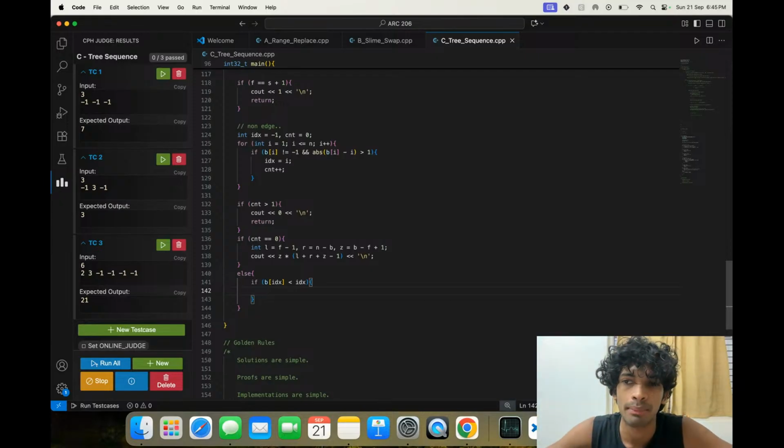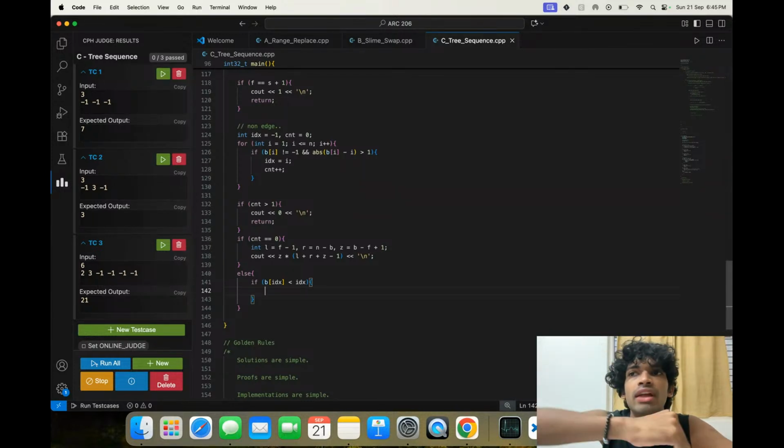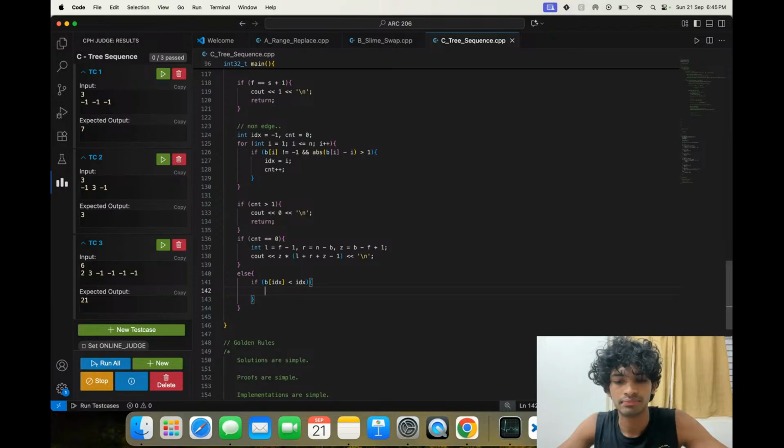So one thing should happen, that wherever it's coming from, idx is less than or equal to b. If it is more, two things cannot be coming from there. Idx is less than or equal to b. That's one condition.